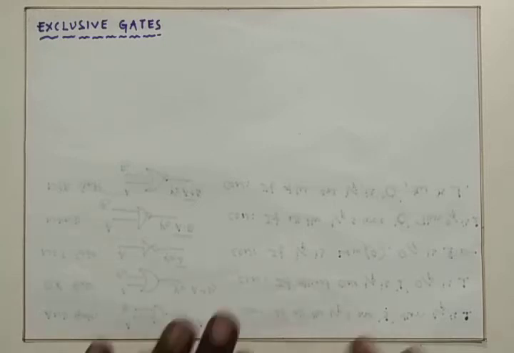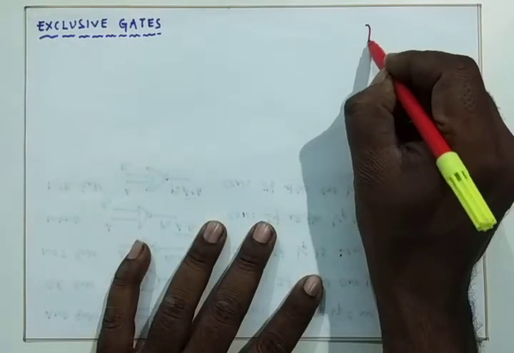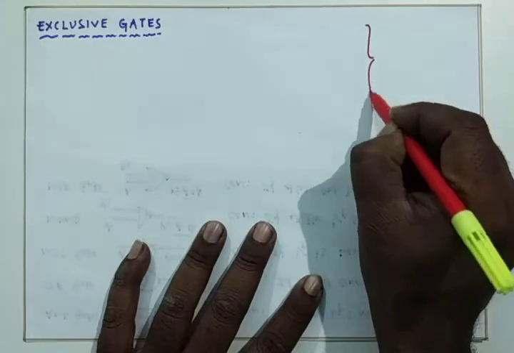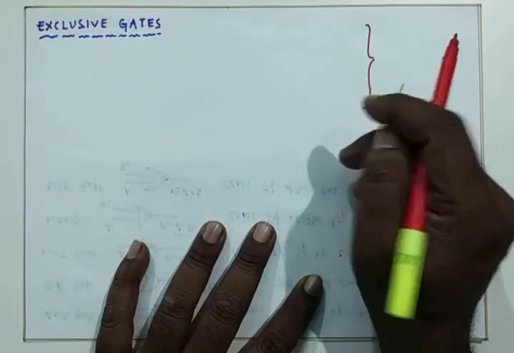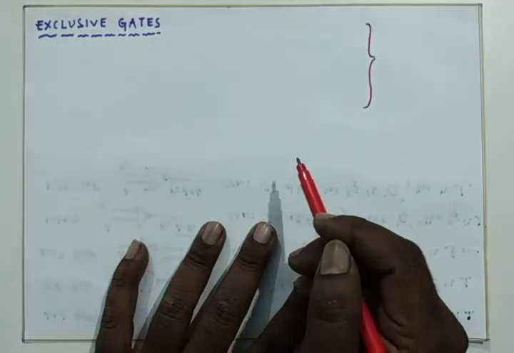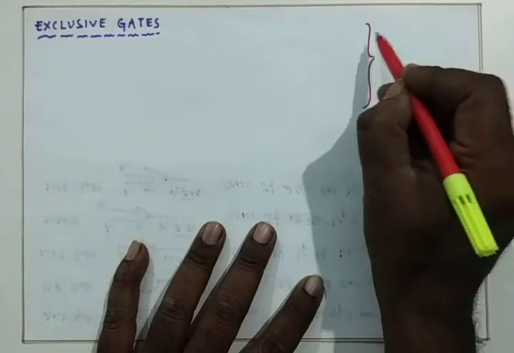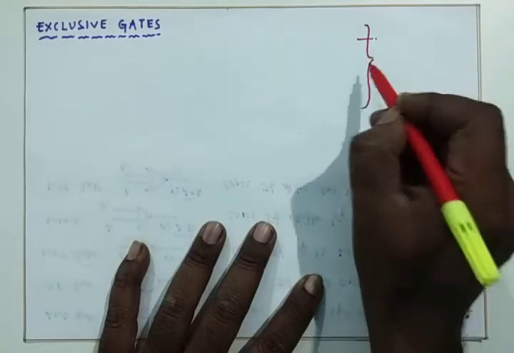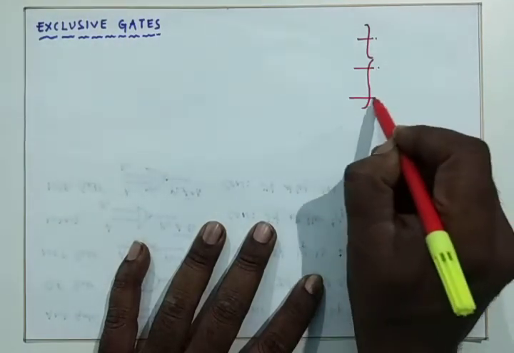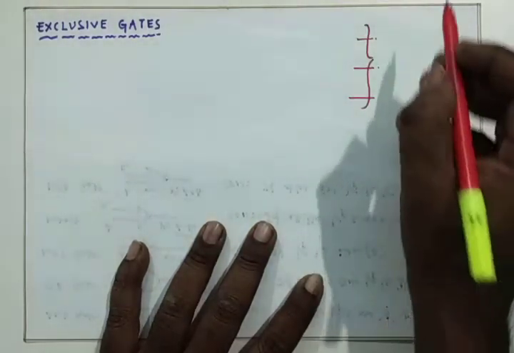These three gates come under the primary gates or the basic gates. Another classification we have studied is called universal gates. In the last class we studied the universal gates. There are two universal gates, and they are nothing but the NAND gate and the NOR gate. NAND gate is the complement of AND, and the NOR gate is the complement of OR. By making use of the NAND gate and the NOR gate, we can realize any other logic gates, so we call them universal gates.